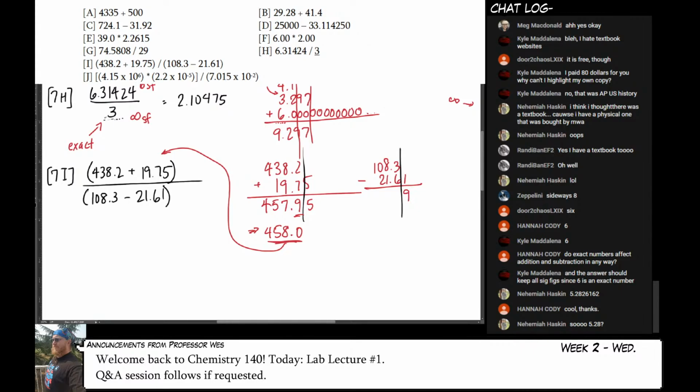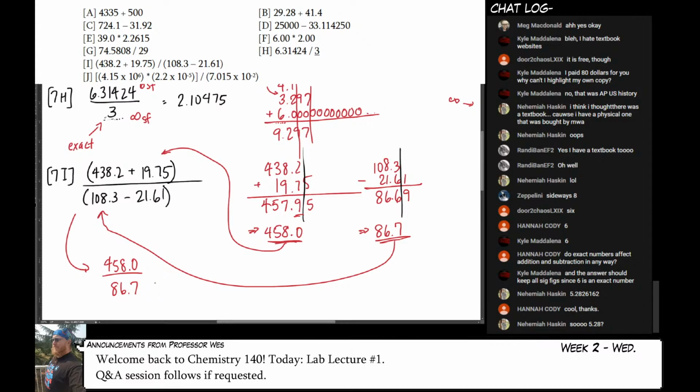And then we subtract like it was normal. 12 minus 6 is 6. 7, 6, 8. And that number goes there. So now the result of this becomes 458.0 over